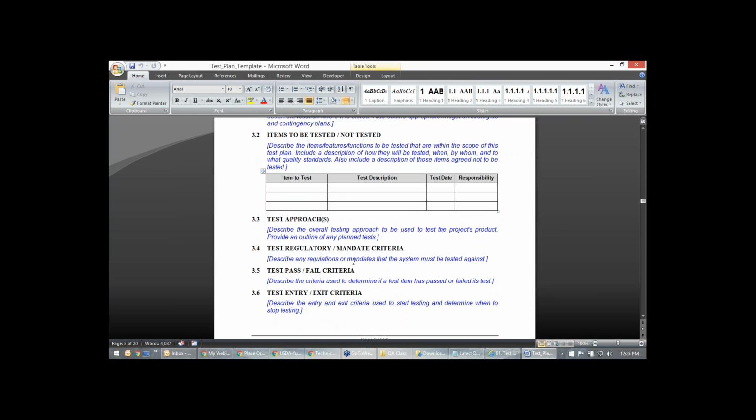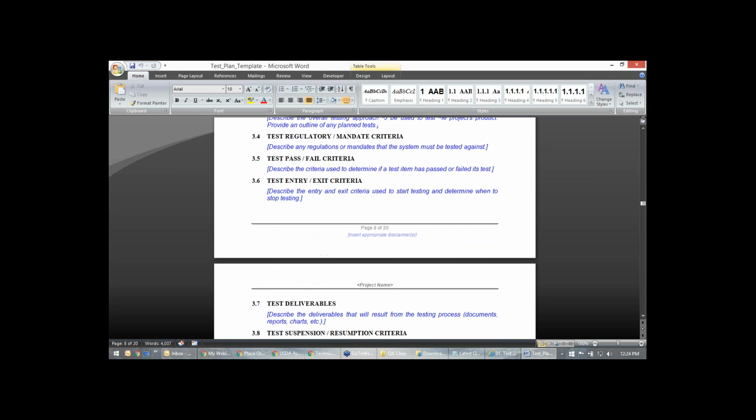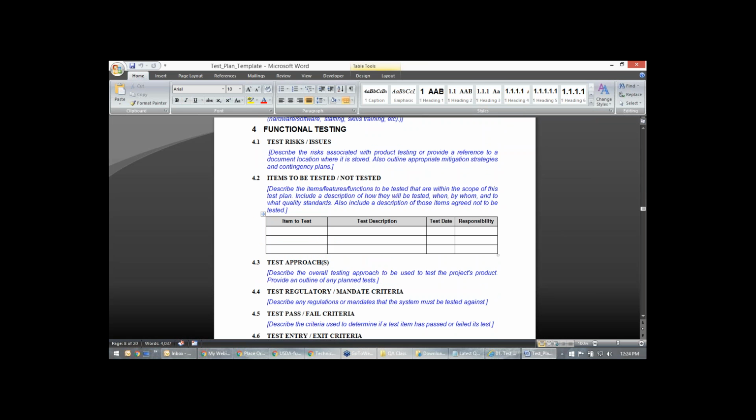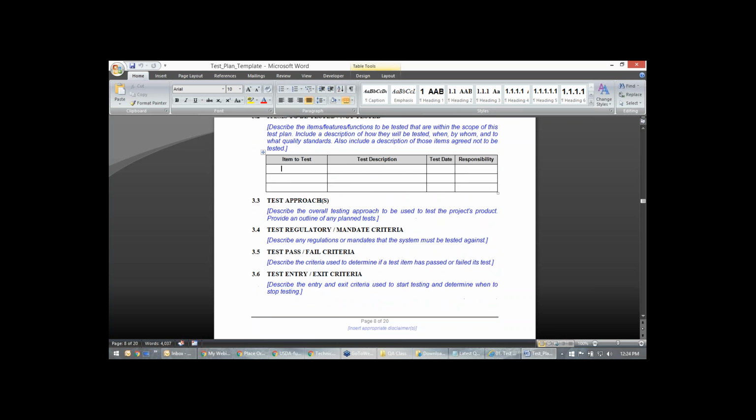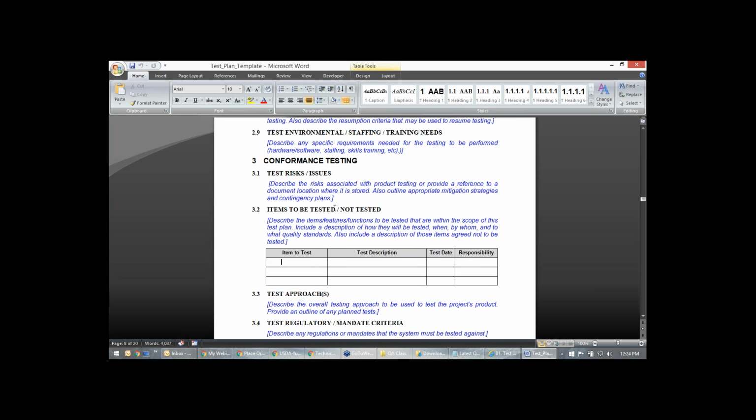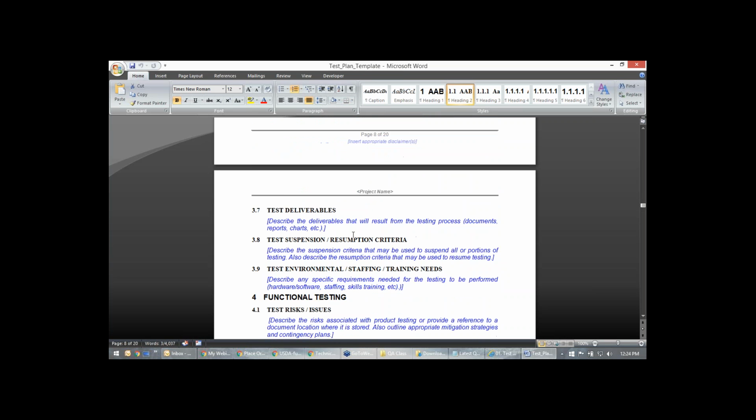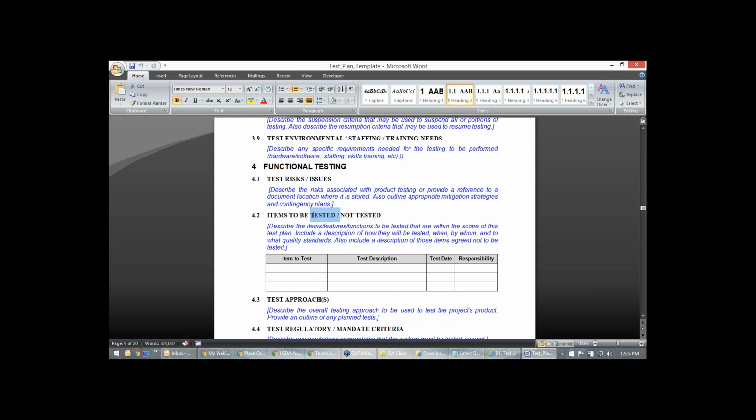You can also add items which are not to be tested. Just make sure you remove the sample items to be tested and not to be tested.